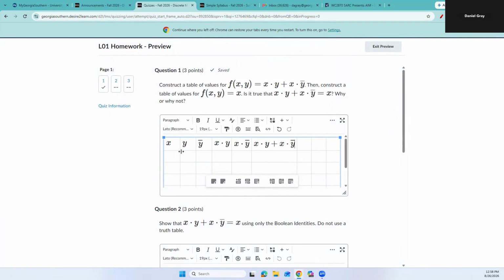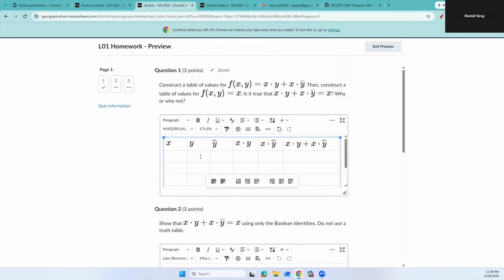Okay, and that's really all the columns we need, because here's my column for the left-hand side of the equation, and then here's my column for the right-hand side of the equation, just x, right? Yeah, so these other columns I don't really need. So if you go down here, you can see there's a delete column button. Let's go to the first empty column and just delete it, delete it, delete it,